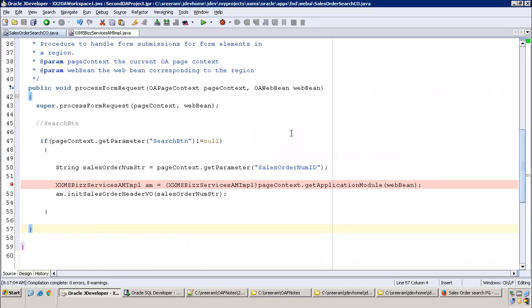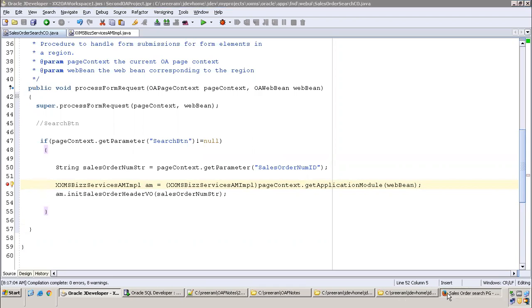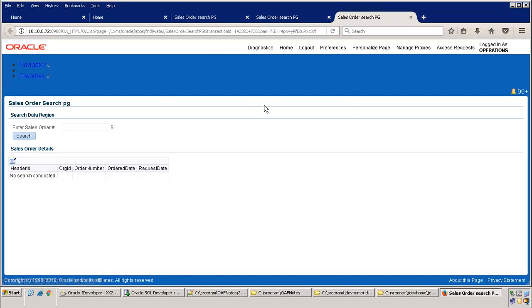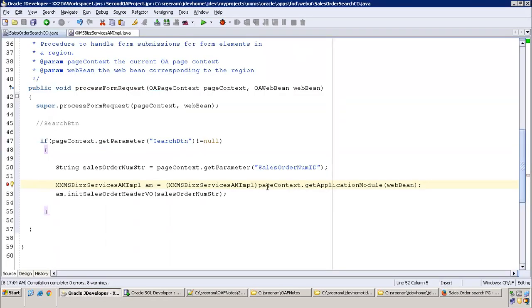Okay. So that is the reason from the page, from the CO, we have to get the AM instance. Why do we have to get the AM instance? You're running a page, right? I need to get the current instance object of the AM for the page which I'm running. Now I open this page. I need to get the current object of this particular page. That is the reason. We know that an object will be created with the application server. Those details will be available in the page context of the CO of that particular page. Using the page context, I'm getting the instance of my AM.